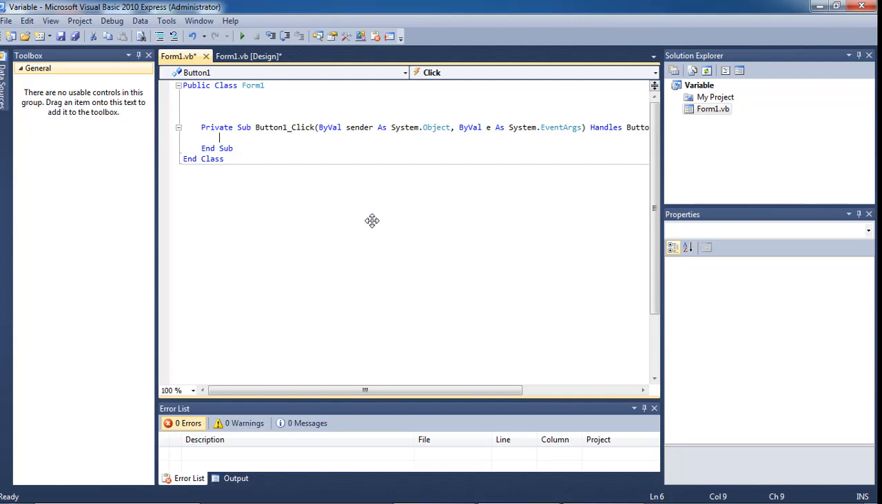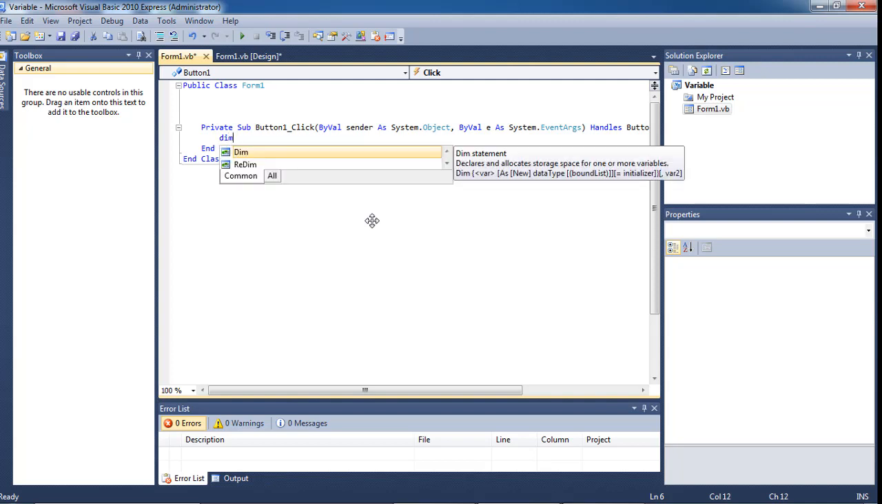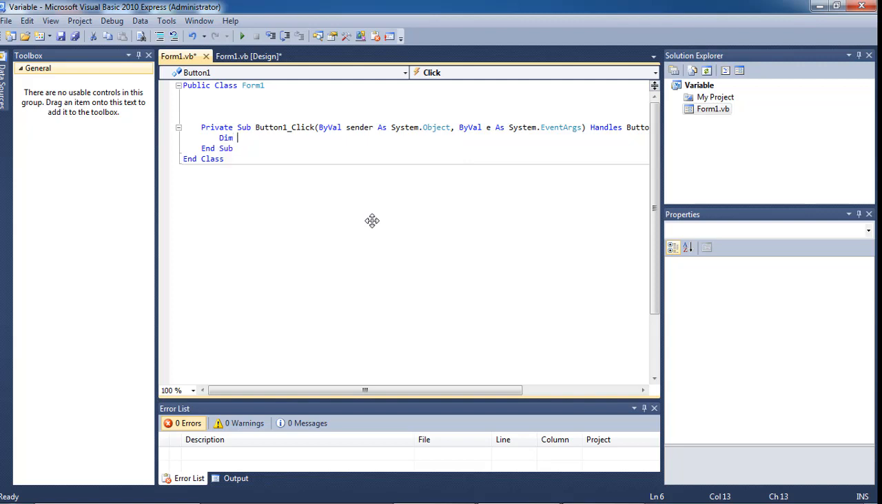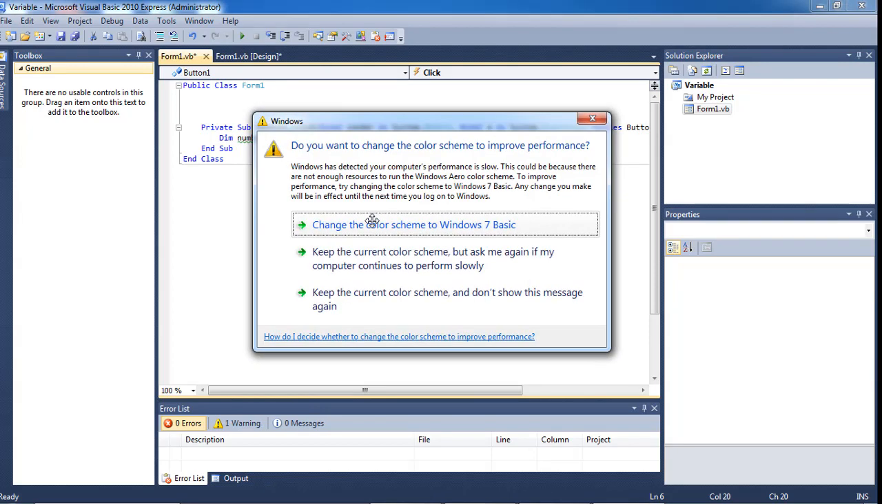To define the first variable, I will add the keyword DIM. This keyword in Visual Basic means dimension. It's used to create a variable in Visual Basic. So DIM, dimension, I will call the first variable number1. So Dim number1